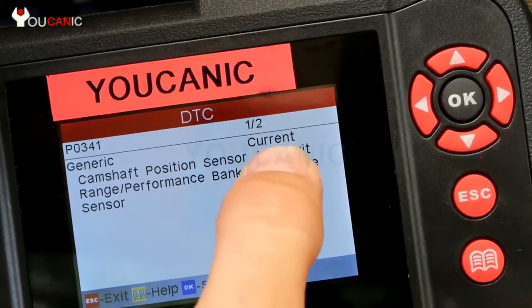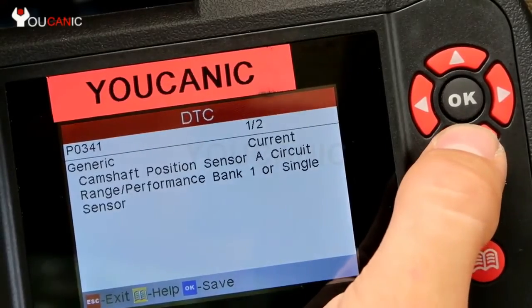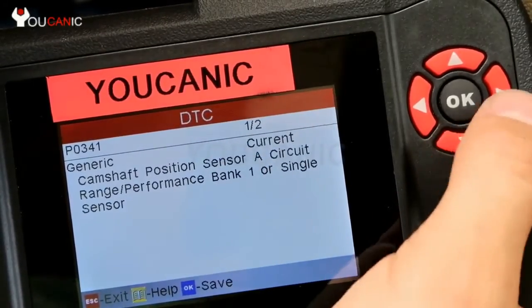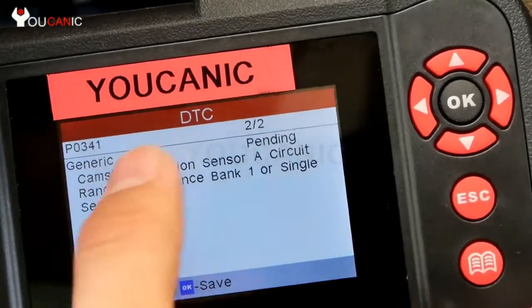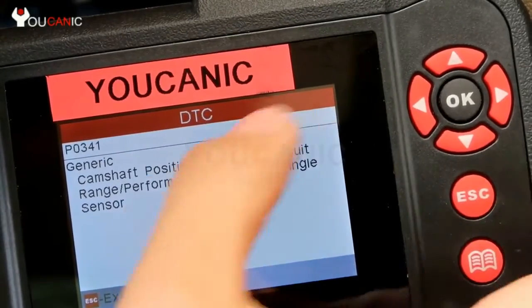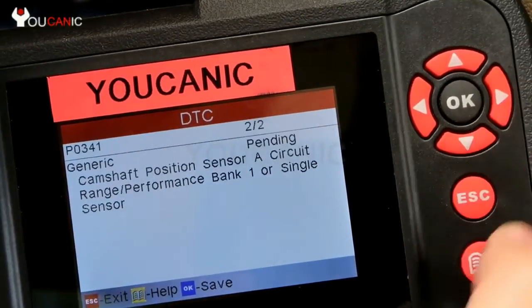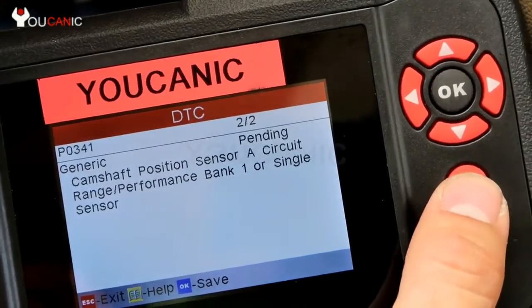And over here you can see how many codes we have. This is just the same code, but it's shown twice right here. Once you review all the codes with the arrows here, you can press escape,